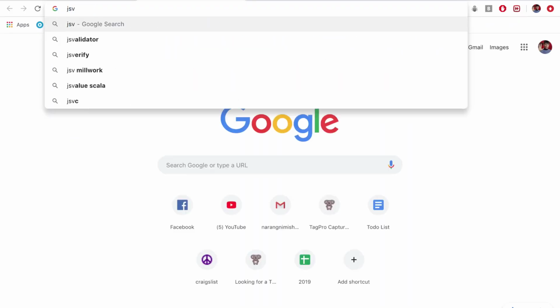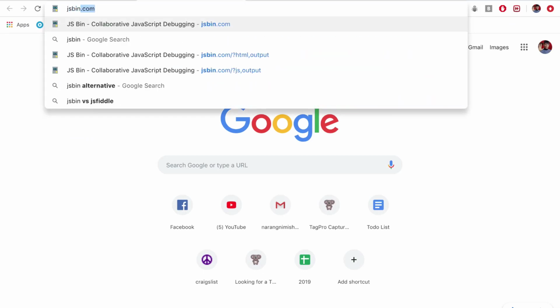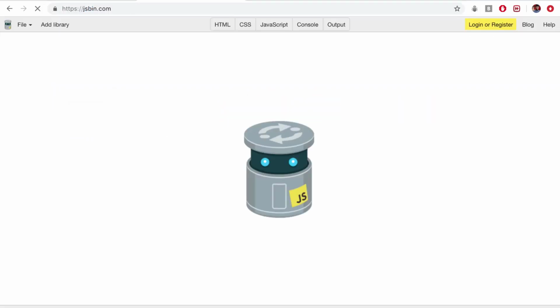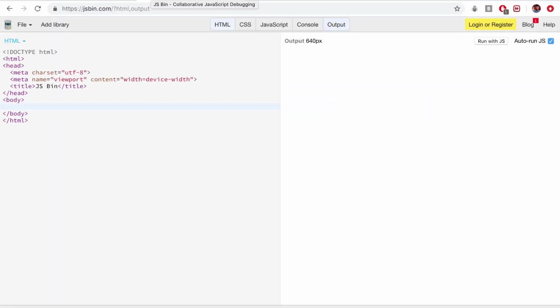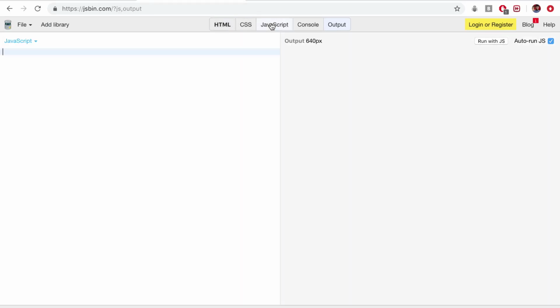Another way of doing it is to search for something like JSBin. I'm a big fan of JSBin. It's a great website templating tool. We're not interested in this HTML or CSS. We only care about JavaScript. Now, instead of running your print function to log anything, we're actually going to do a console.log, and then we put the value here. So, for example, again, if I wanted to log hello world, I could go ahead